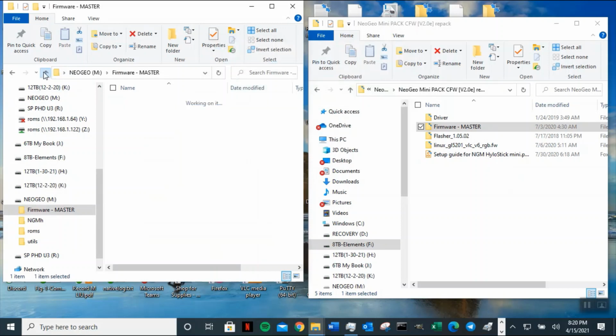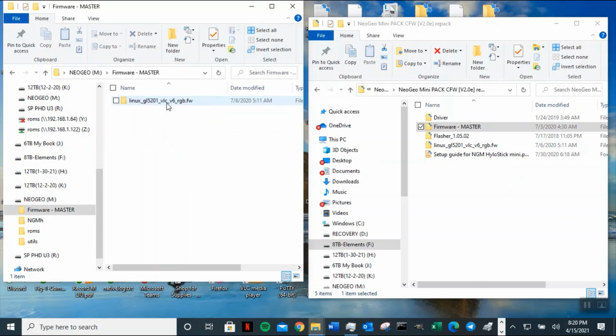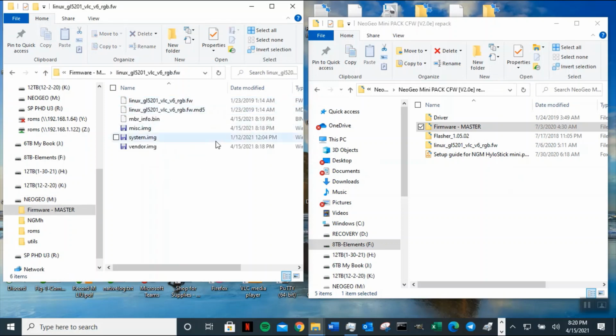That way you know exactly where. So this is just the utility and this is the physical flash. You need to flash this. This is the image. Okay. All right. So what I want to check is see if this file is more than...